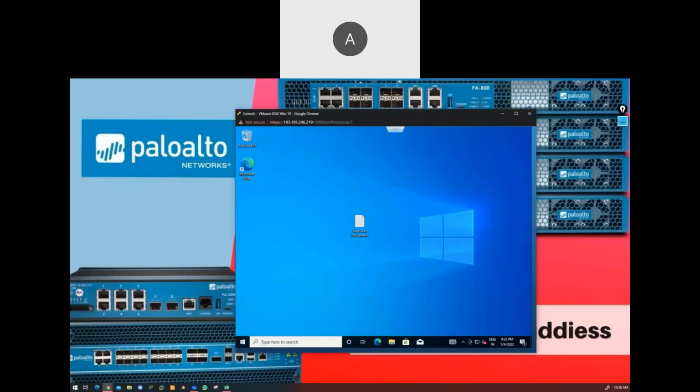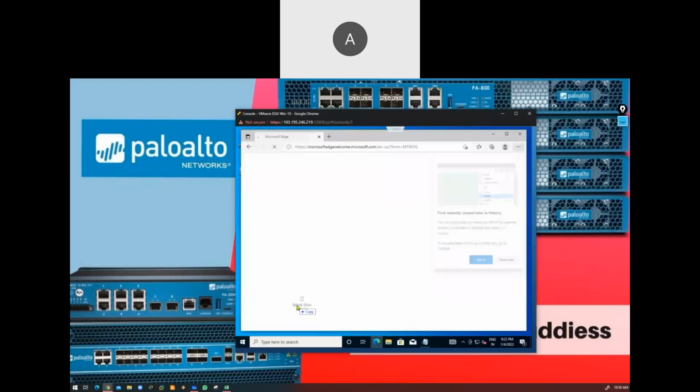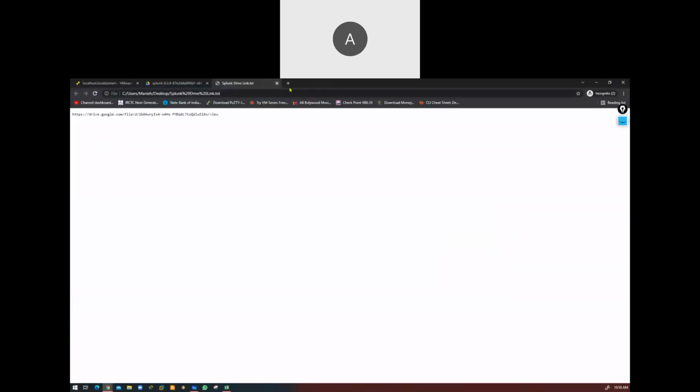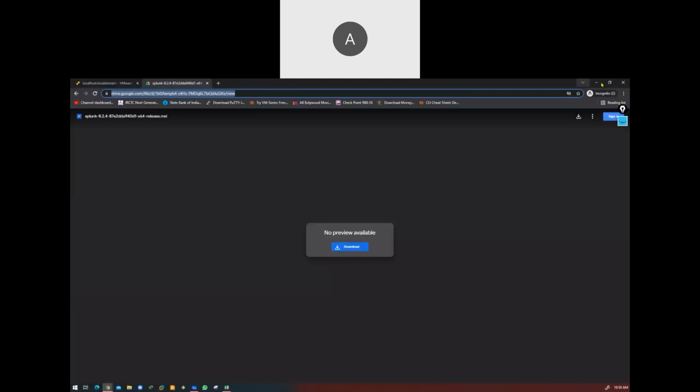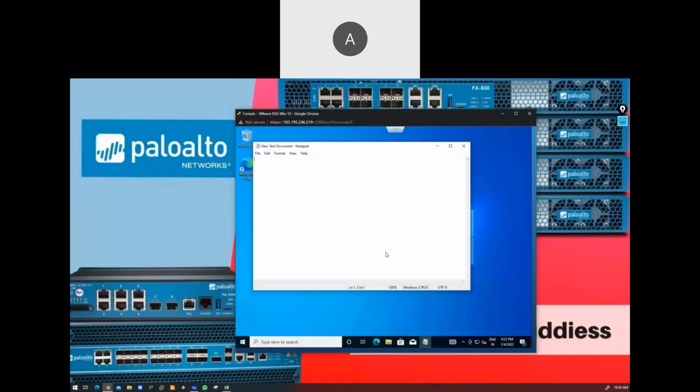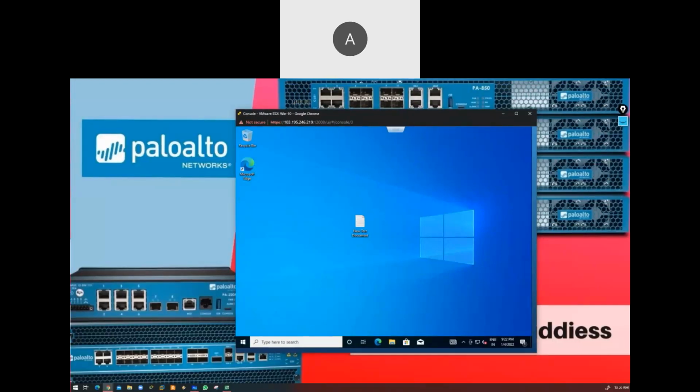Let me try to drag and drop the file. So you can see, guys, after installing VMware tools, we would be able to copy and paste the file. Let's close this one, close this as well, and drag that Splunk drive link file and paste it.